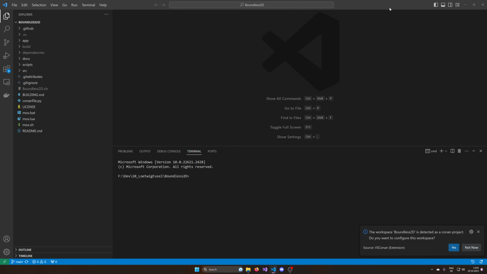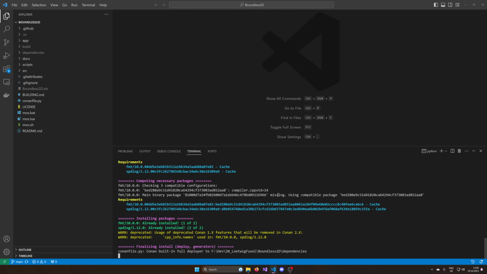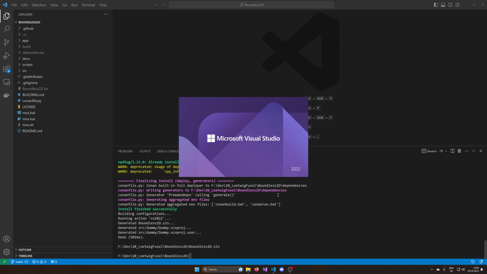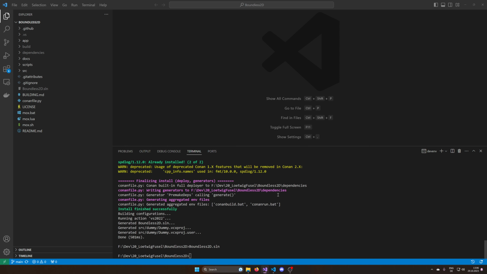Now in the last video we talked a bit about how all of this module and inversion of control stuff works, and in today's video we want to start implementing that. Well, we need to do a few things before we can implement it, because currently if we are doing our mocks init to initialize our project, it can do a few things that are important, like getting external dependencies, creating projects. But when we open up our Boundless 2D solution, we're gonna notice that the layout of our project